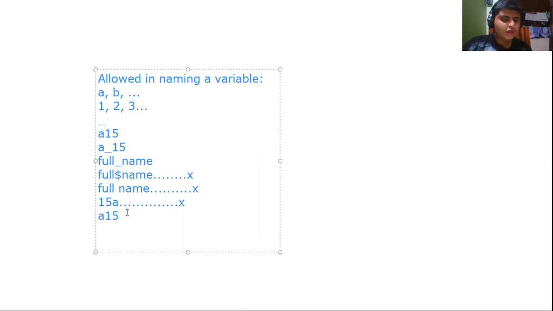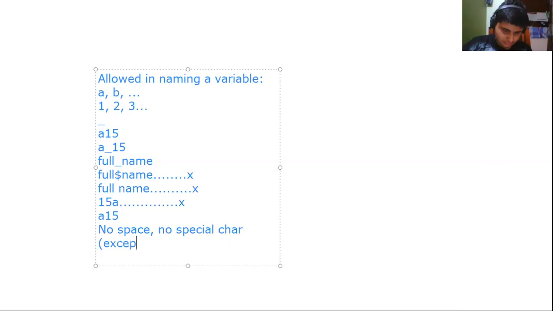Okay, sir. So no space, no special character except underscore. Then don't start with digits.